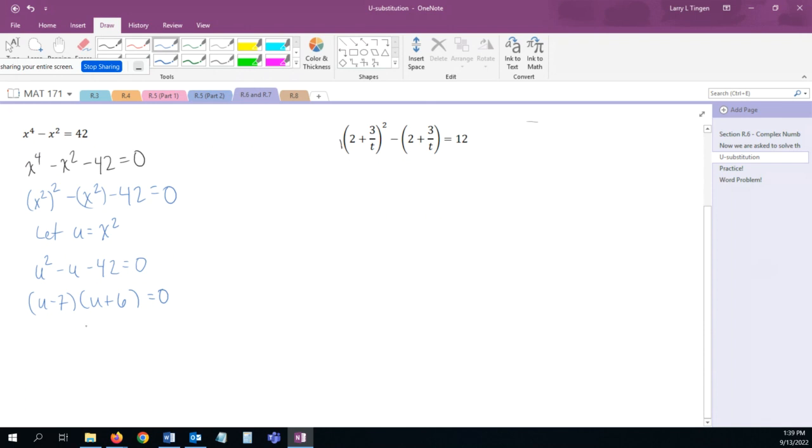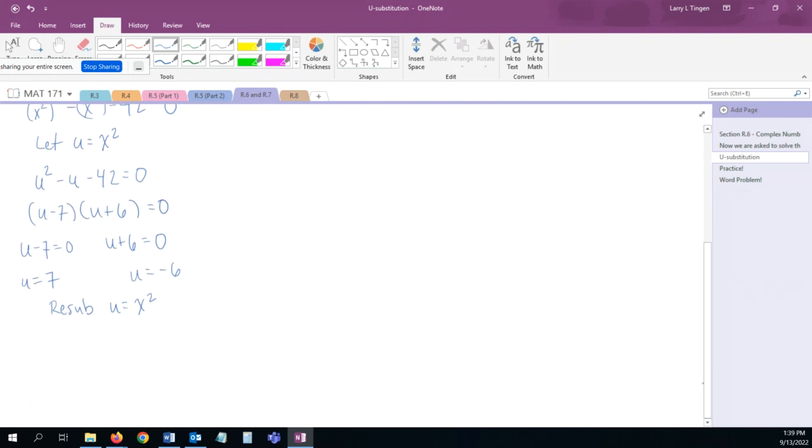And I just said that I wish it looked like this, because if it did, this factors. Two things multiply to 0, so one of them is 0. u minus 7 is equal to 0, u plus 6 is equal to 0. Solve for u. So u is equal to 7, u is equal to negative 6. And now we're going to resub. u is equal to x squared,